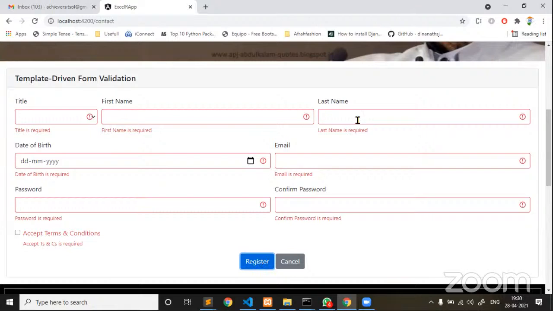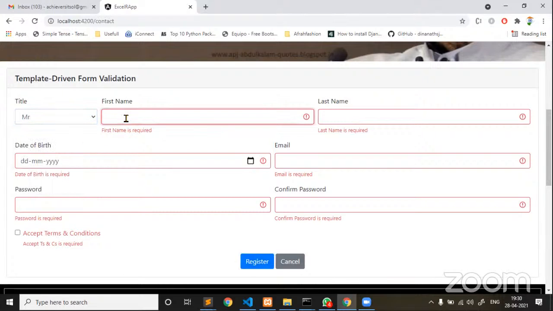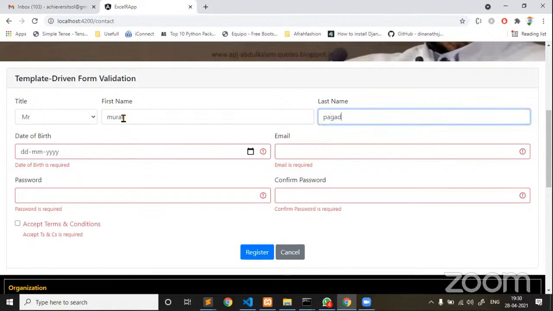Until the user enters this information properly, if he is not selecting the title, and as long as the user starts entering a first name, you see here the errors are disappearing. Similarly, if he enters the last name, the errors also disappear. Date of birth, if you start a date,